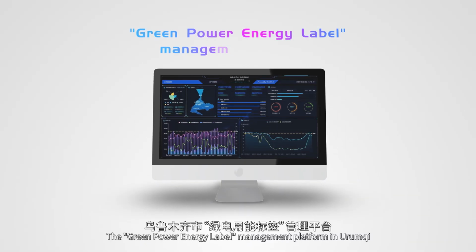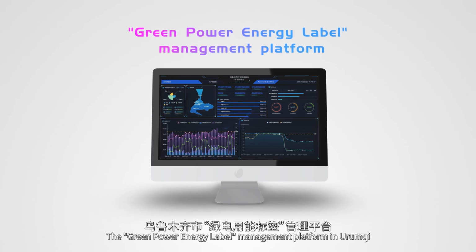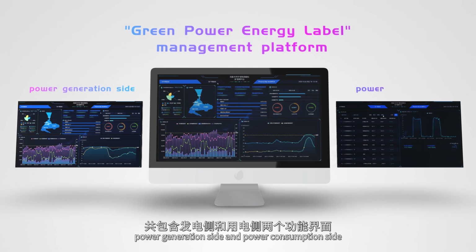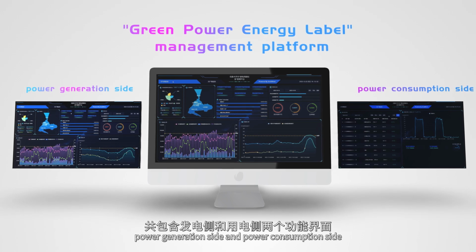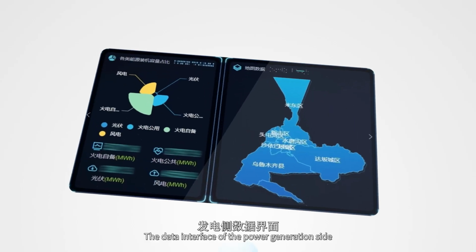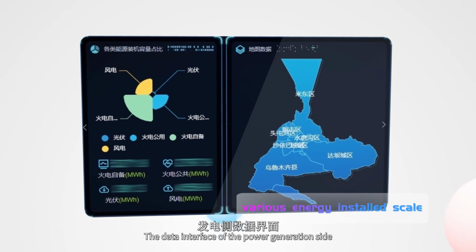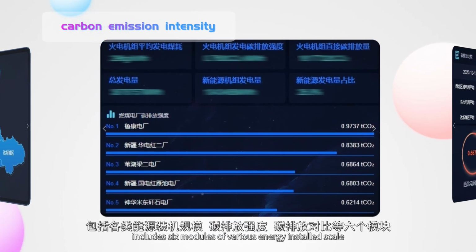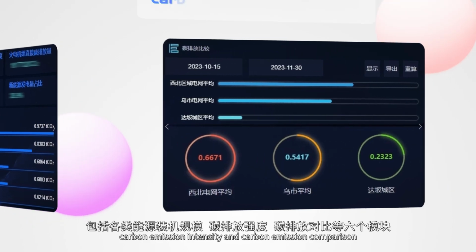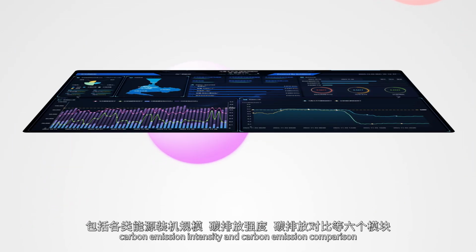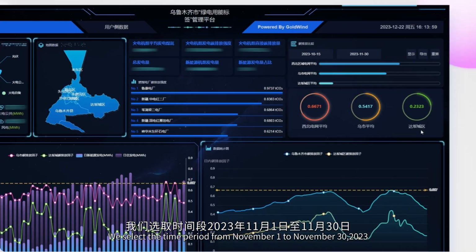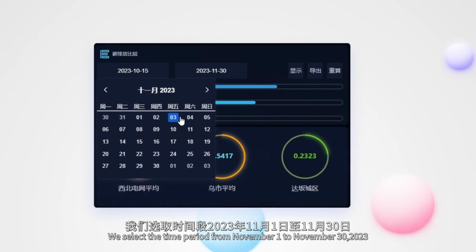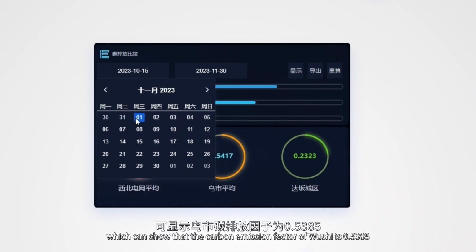The Green Power Energy Label Management Platform in Urumqi contains two functional interfaces: power generation side and power consumption side. The data interface of the power generation side includes 6 modules of various energy installed scale, carbon emission intensity, and carbon emission comparison. We select a time period from November 1st to November 30th, 2023, which can show that the